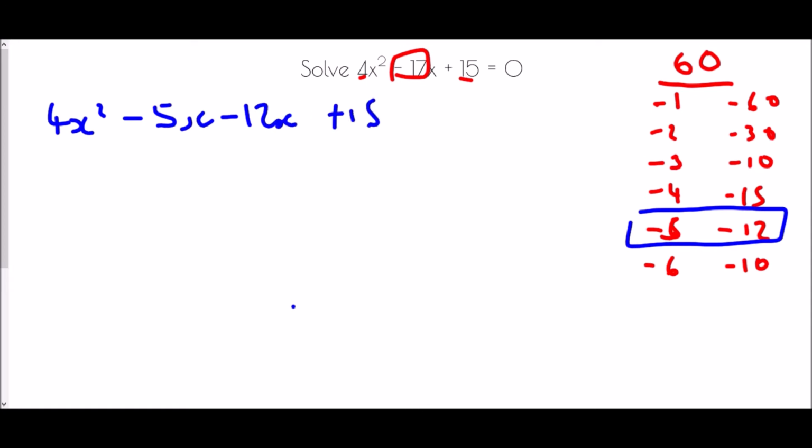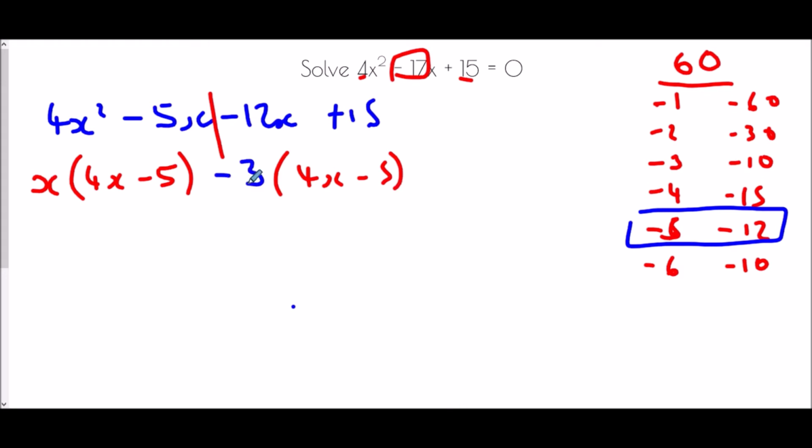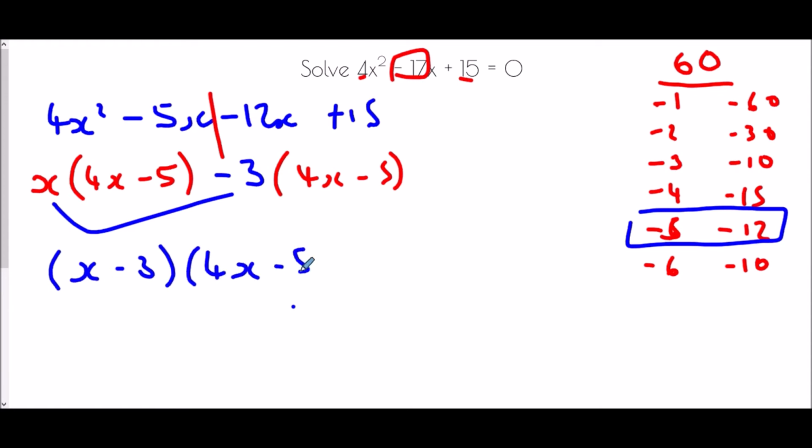We split. Common factor between 4x squared and negative 5x is just x. So that's 4x take away 5. And the common factor between negative 12x and plus 15. Well, in this case, I just want to make sure that I get 4x take away 5 in my bracket. And so the factor would have to be negative 3. And so bring those back together. I would get in one bracket x take away 3, and in the other bracket 4x take away 5, and